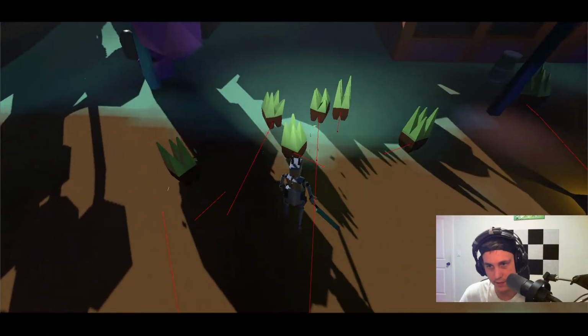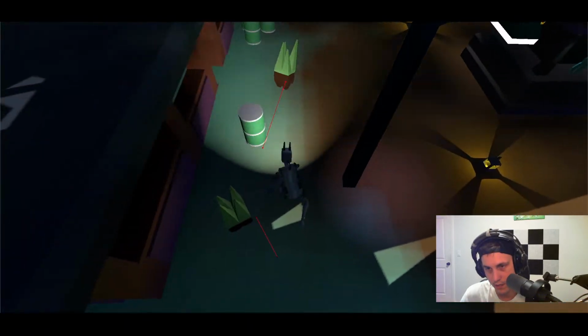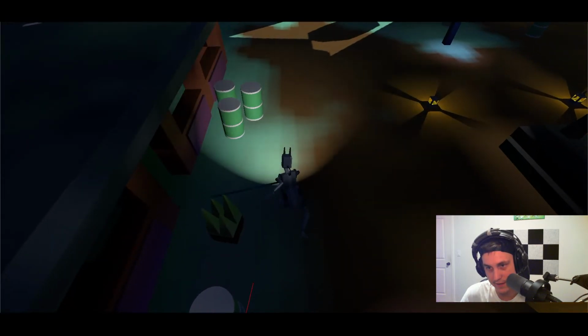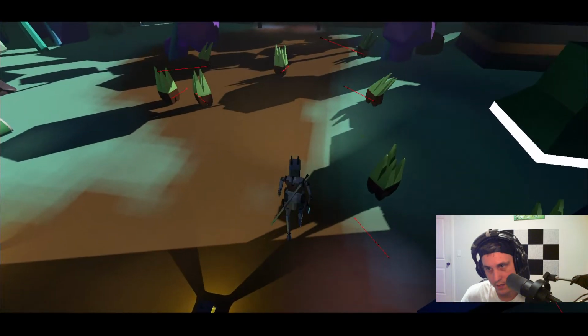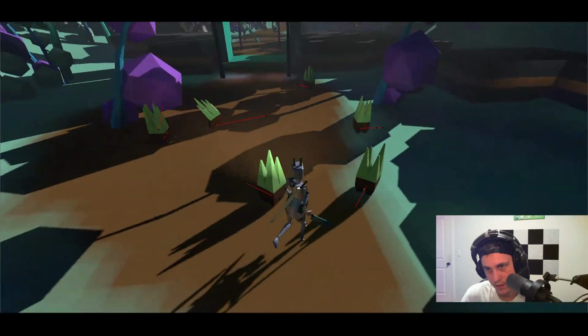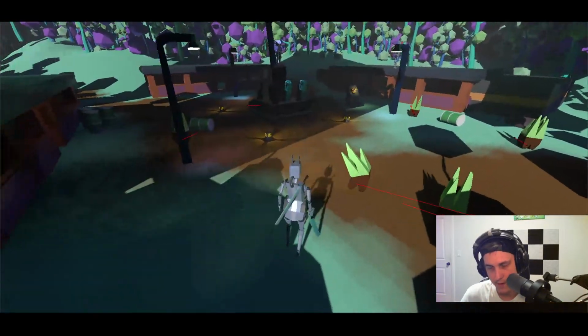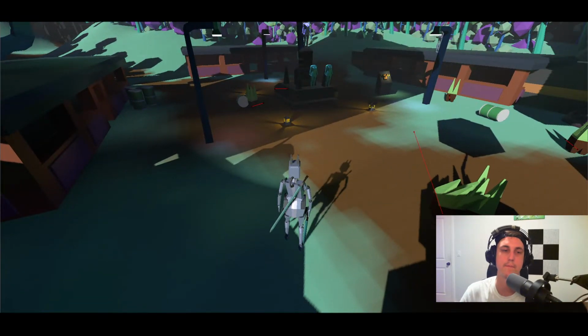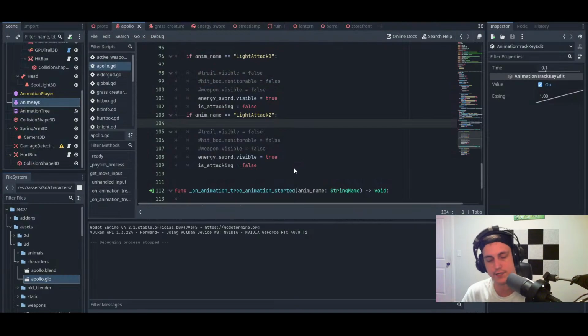Okay. I mean, this still feels pretty good. Still hitting at the end of the animation, like right there. Another thing that I could obviously do is just make the hitbox a single shape in front that moves at a certain point. But right now, it's just really easy to have it on the sword, so...